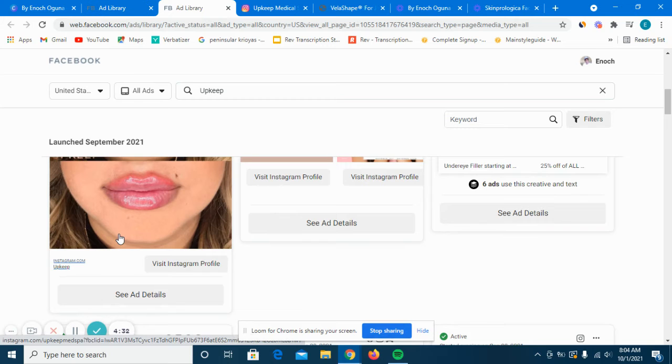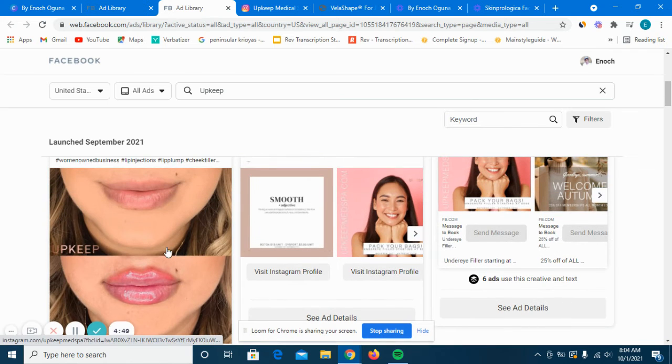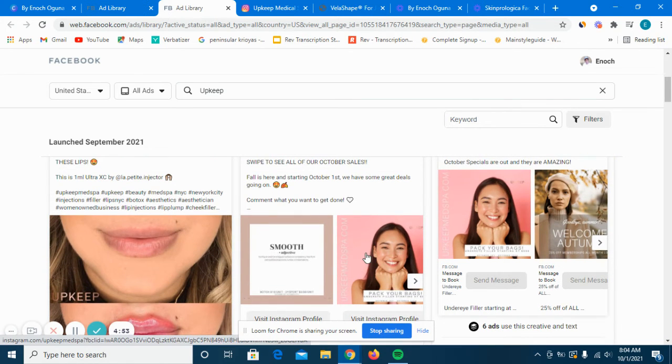Now, I'm not sure how these ones work for them because Facebook doesn't really like before and after photos because they have been misused in the past. So Facebook usually doesn't like accounts running ads that are befores and afters, but well, they are actually doing it, so it's probably kind of legal for them. They actually did something. I'm not really sure about what they did to be able to pull that one off,